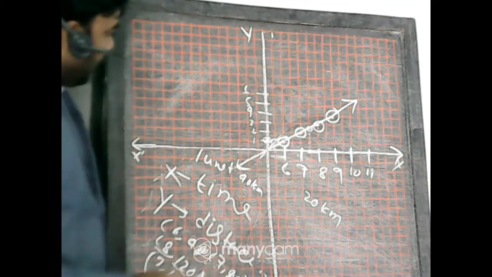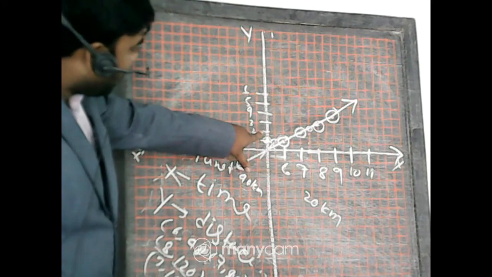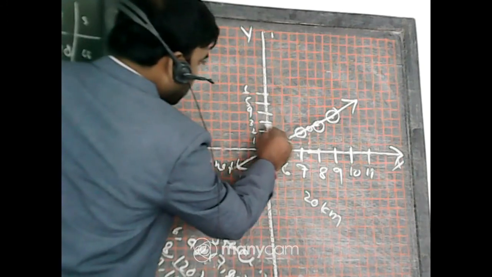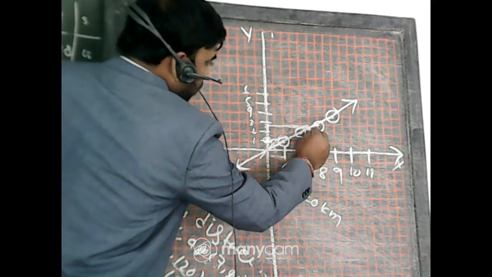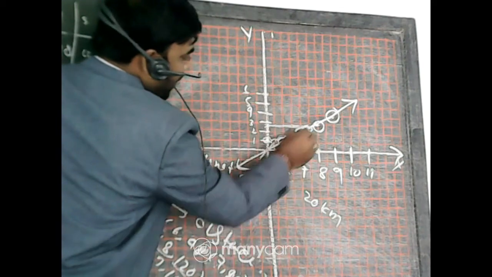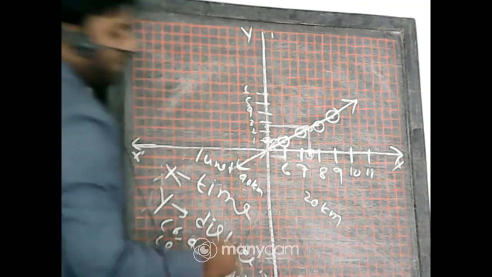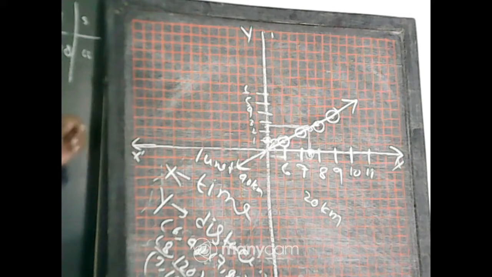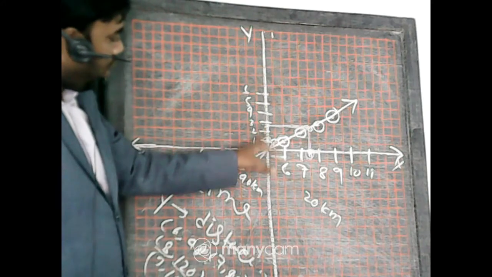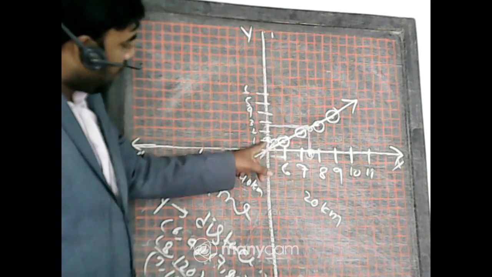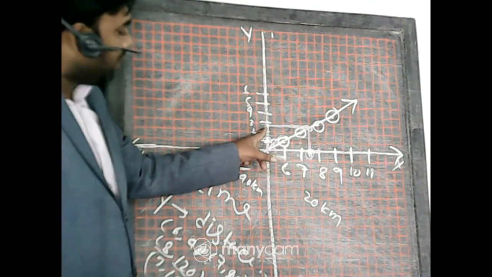First of all, why is it 7:30? 100 kilometer means if I denote one unit equal to 40 kilometer, so 40, that is 80, and up to this, if you draw a line perpendicular to the y-axis, that point denotes 7:30. So again I am repeating it. It is the 100 kilometer. So draw a line from the y-axis, from here 40, 80. So between 2 and 3, the middle portion is denoting 100 kilometer.